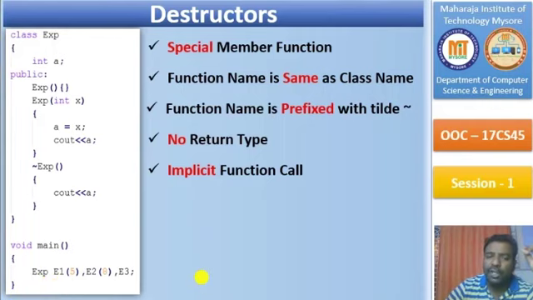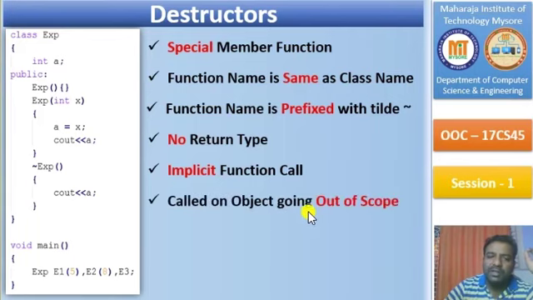The second way of destroying the object is using the delete keyword, which we will see further in later classes. We can delete or destroy an object using the delete operator. We'll see it later, but the destructor is called whenever an object is destroyed. Hence, the destructor is called when the object goes out of scope.